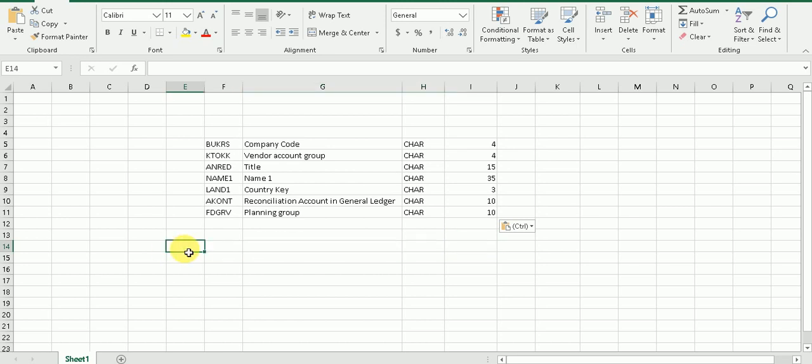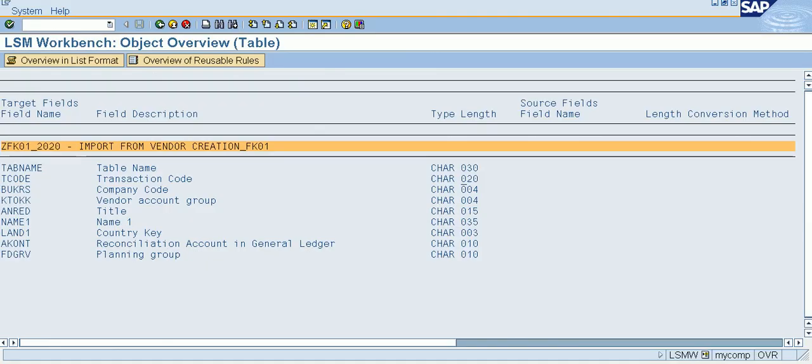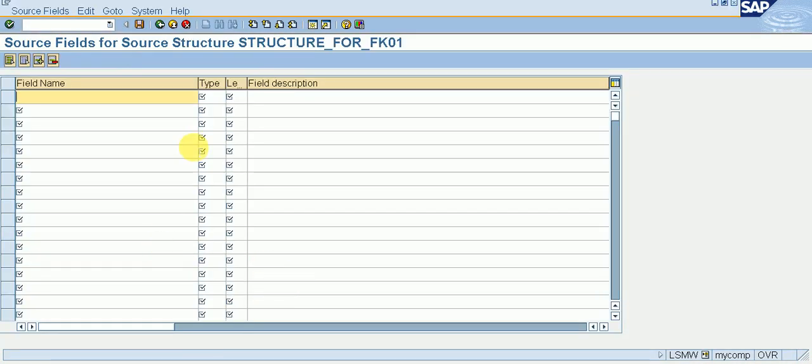Okay, so first I need to put all the details in the SAP previous screen, where I need to fill source field for source structure.